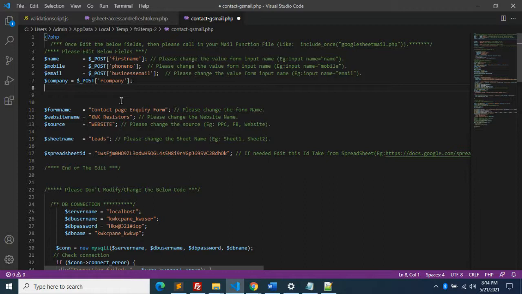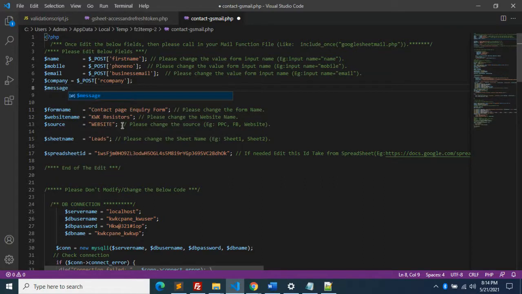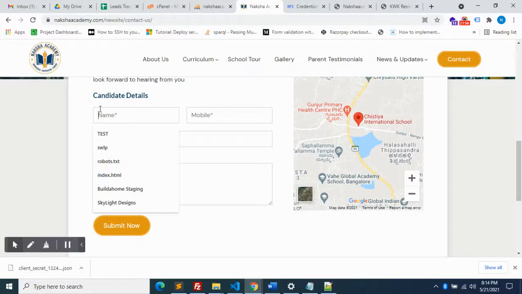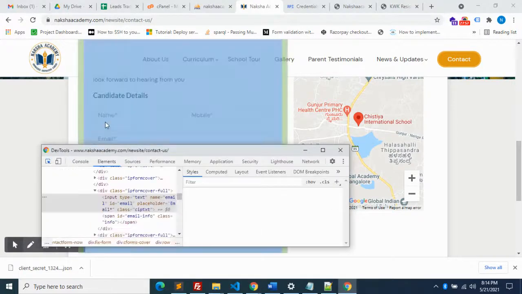We have a field called message. So remove all this stuff. We already have first name. So name, mobile, email, and message. Only 4 fields.